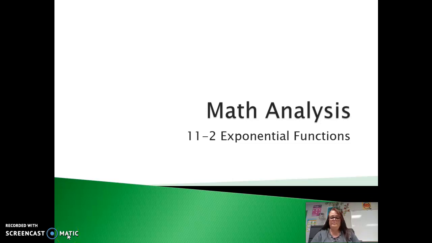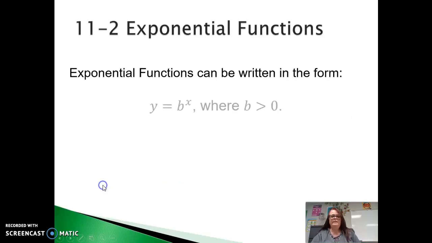Okay, so the two types of functions that we're going to focus on in chapter 11 are exponential functions and logarithmic functions. And we're going to learn they're actually inverses of each other. And so we're going to focus today on exponential functions. So exponential functions can be written in the form of y is equal to b to the x as long